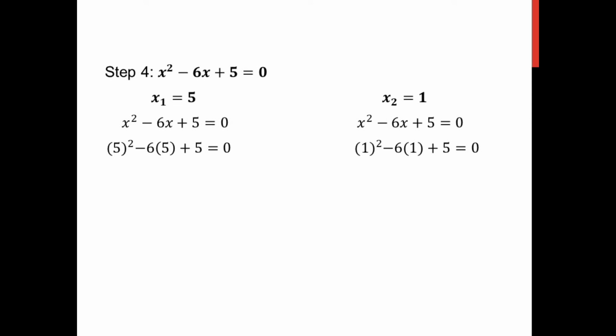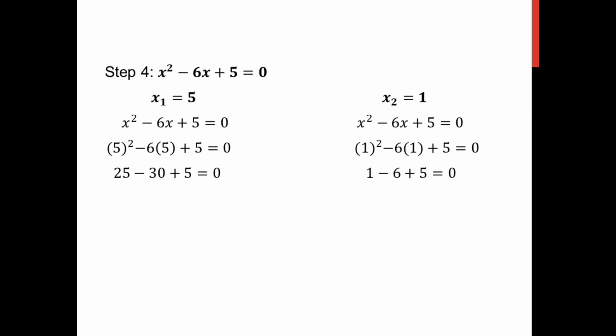To check if our values are correct, let's substitute the values into the given equation. First our x sub 1 and then our x sub 2. For x sub 1, we have 5 squared minus 6 times 5 plus 5 is equal to 0. And for our x sub 2, we have 1 squared minus 6 times 1 plus 5 equals 0. So simplifying, we have